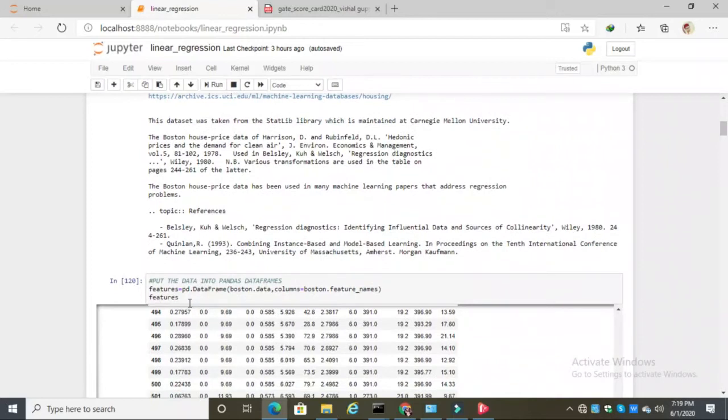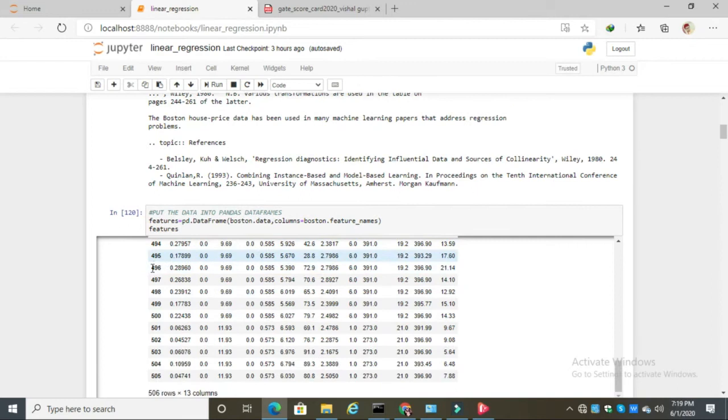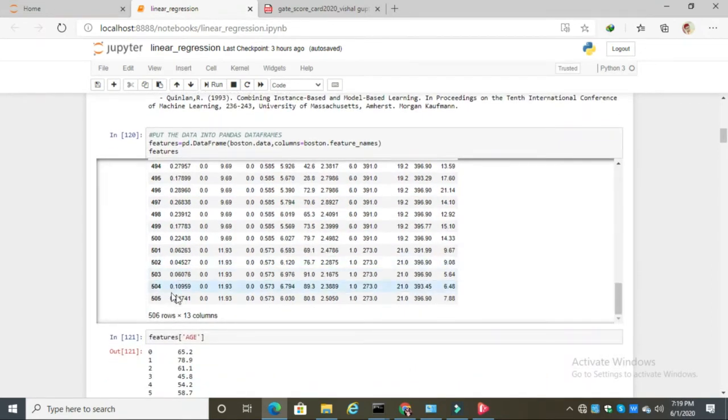Now we will use the DataFrame object present in the pandas library to assign the feature columns from the Boston data and then print it. See, here after printing we are getting 506 rows and 13 columns, which means there are 13 features and 506 respective values.